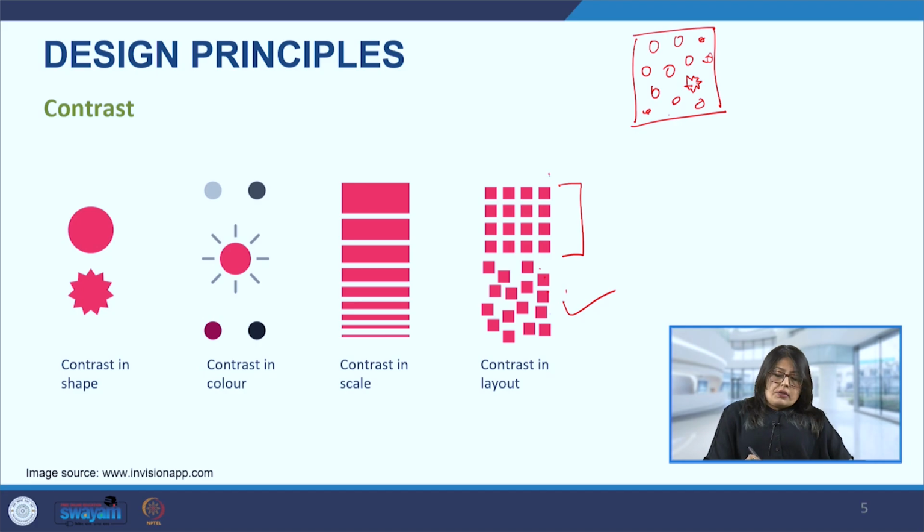Because in the top here the grid is very easy to understand, one quick glance and we understand it, but here the eye has to struggle a bit. So on one hand it is adding interest also, because they are not just placed in their spaces just like the grid on top. On the other hand, it may make the readability a little bit more challenging. So depending on where we are applying this, that will change the whole perception of that particular page.